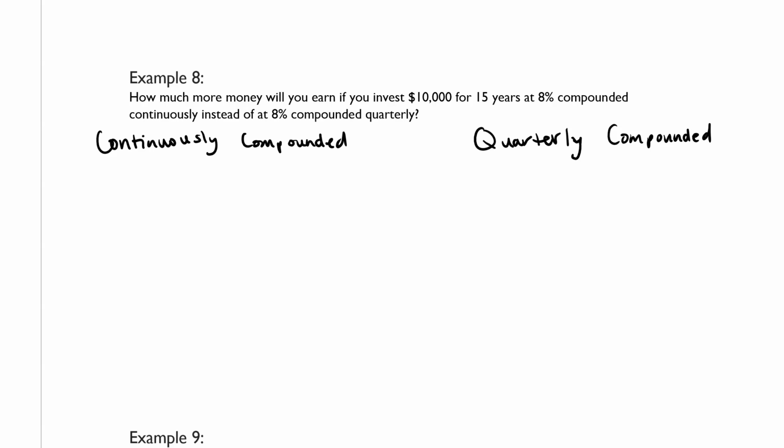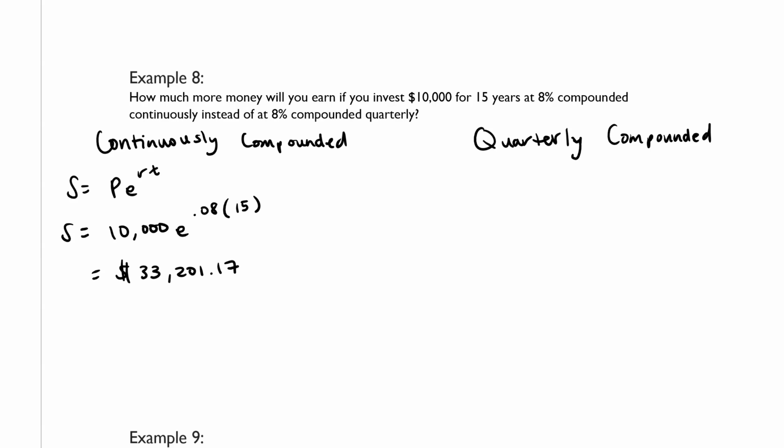Okay, so S is equal to P times e to the power of rt, and we know that the initial amount is 10,000, and the interest rate is 0.08 times 15 years. So if we throw that into our calculator, we should get $33,201.17, and the formula for regularly compounded interest is S equals P times 1 plus r over m to the